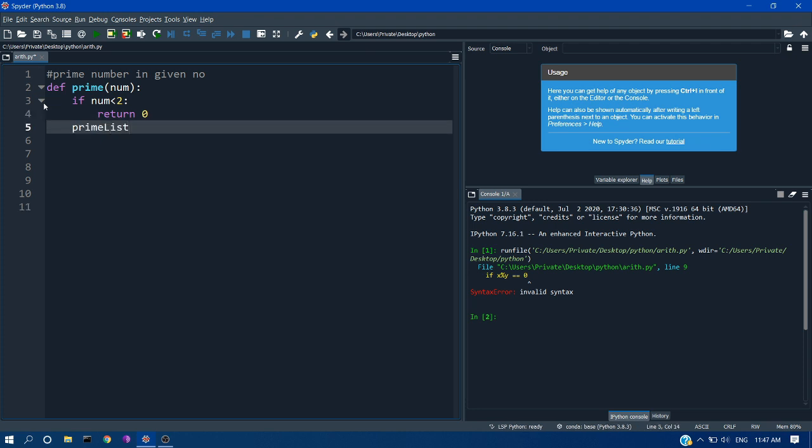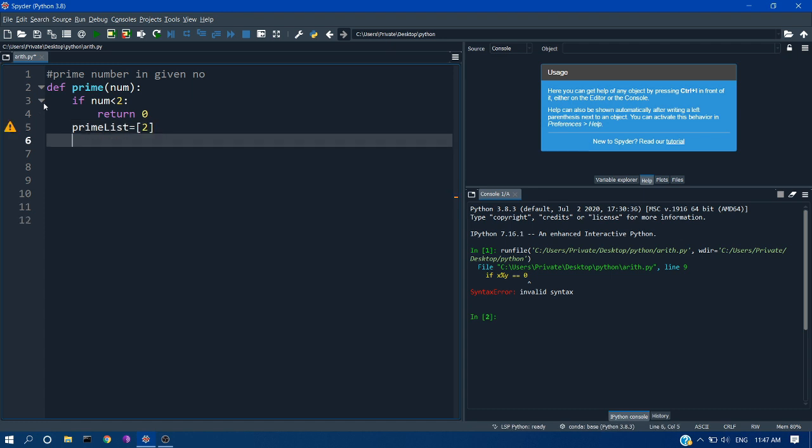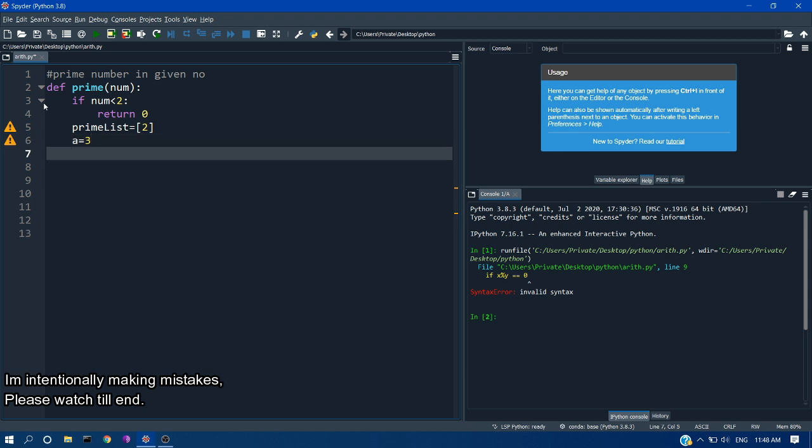Okay, so here we will create an empty list, which is our prime list, and we will start with 2, because if the number is greater than 2, and we start from 3 to infinity, then obviously 2 is a prime number, and then we will start our x with 3. So we will find each prime number and add it to our list and return the count of our list. Okay, let's see how to do that.